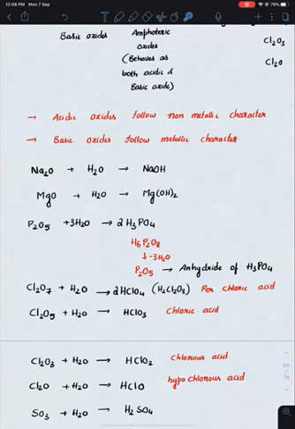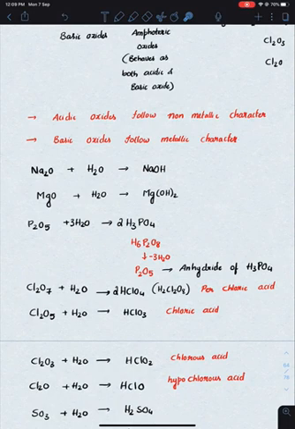So H3PO4 multiplied by 2 becomes H6P2O8. Now remove H2O molecules. You can remove 3 H2O molecules. Minus 3 H2O will give you P2O5. So this P2O5 is called the anhydride of H3PO4. In general, they will give you the acid and ask what is the anhydride of this particular acid. If it has an even number of hydrogens, directly remove all possible water molecules. If it has an odd number of hydrogens, multiply it with 2 and remove the water molecules.